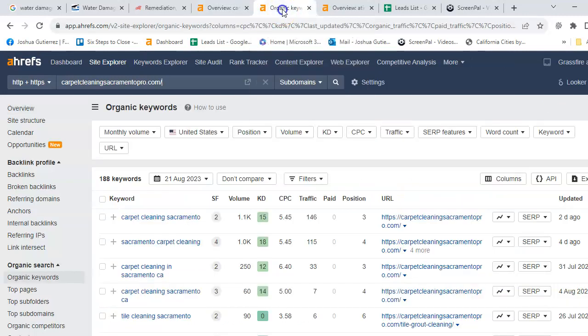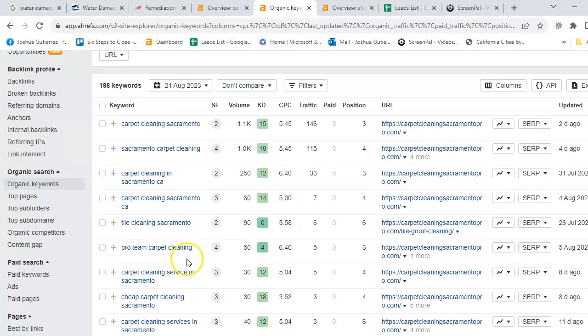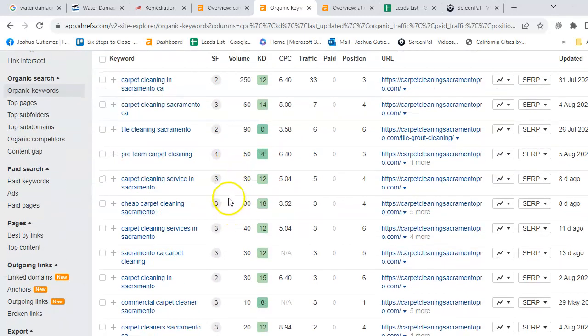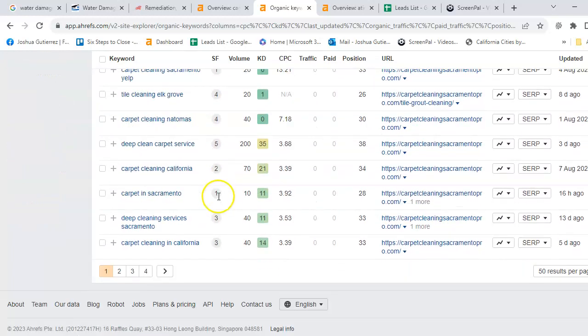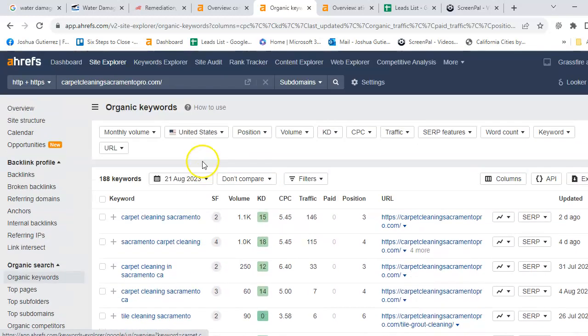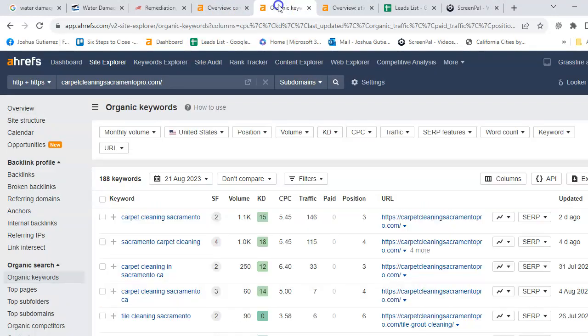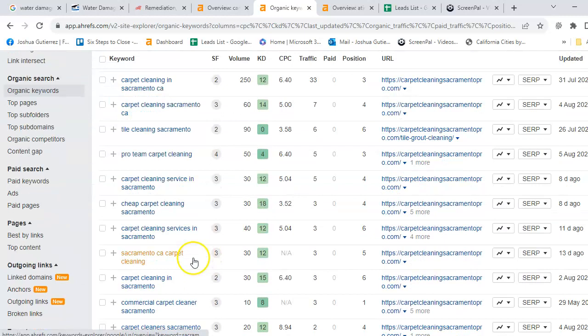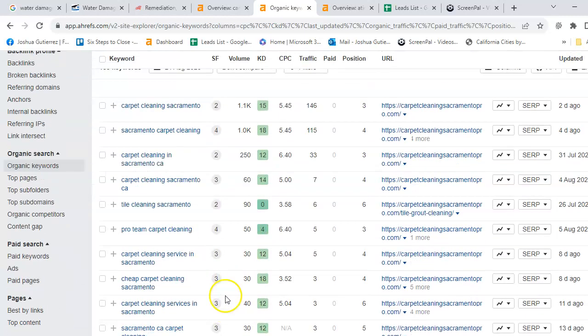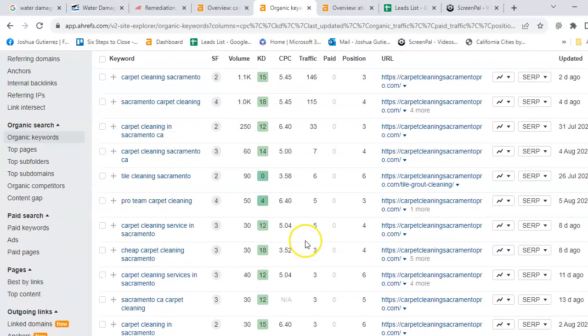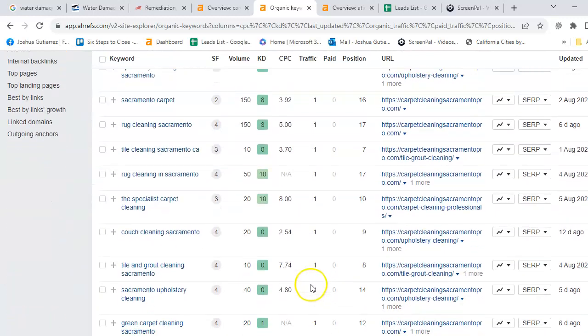Now let's take a quick look at your keywords. These are the keywords that you are using currently with your website. It looks like about 4 pages of that. So let's see, 190 keywords. Google's showing 188. These are the actual keywords that are doing you justice. These are the traffic, where it shows what each keyword